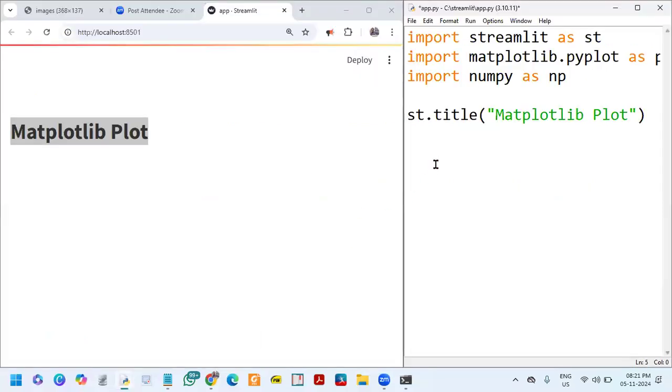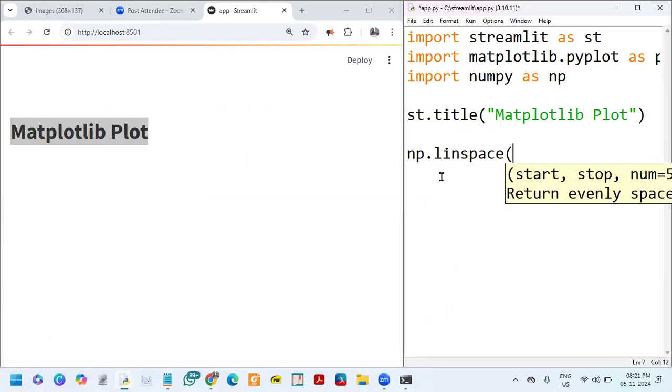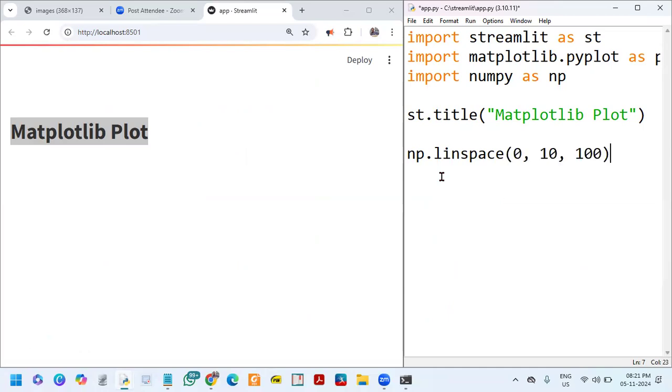So I'm going to do it here. So I'm going to create linearly spaced values, linspace 0 to 10. I want to generate between 0 and 10. I want to generate 100 values. Okay, I will assign all the 100 values to x. For each value of these 100 values,